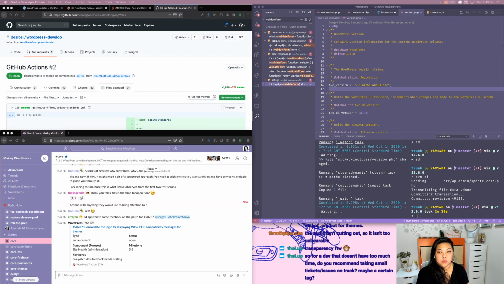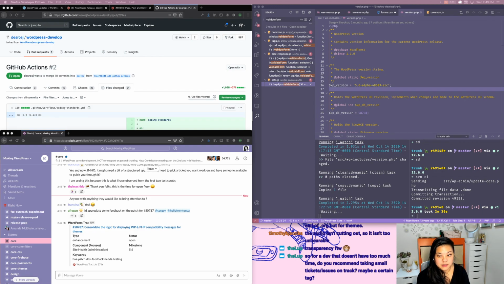If you really like to work on CSS or JavaScript, or a specific language area or component area, then you can take a look through anything in the current milestone that says it needs a patch, and see if there's anything in your wheelhouse. Otherwise, what I always advise people is that testing patches, sometimes refreshing patches, and reproducing issues, especially when